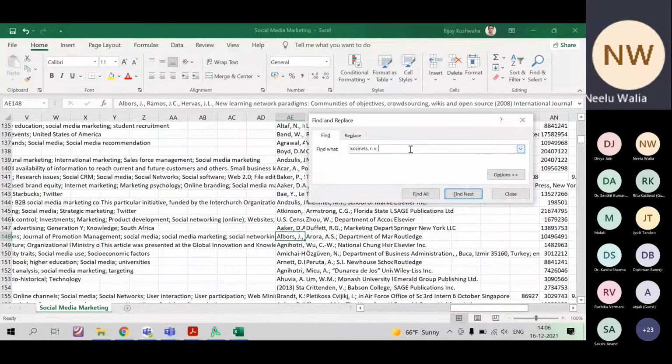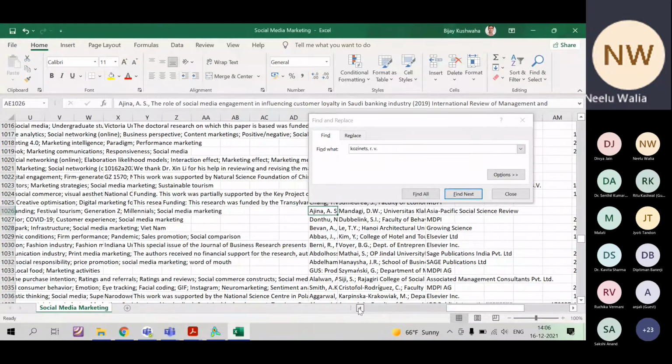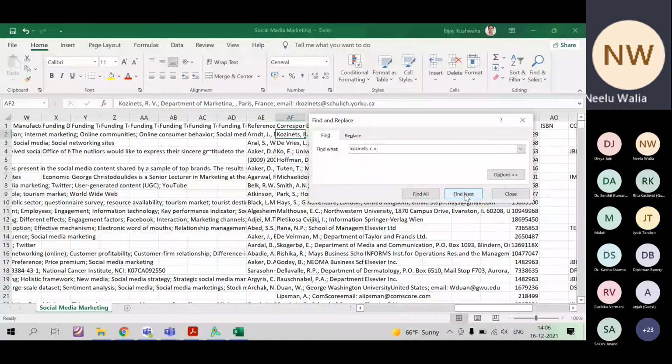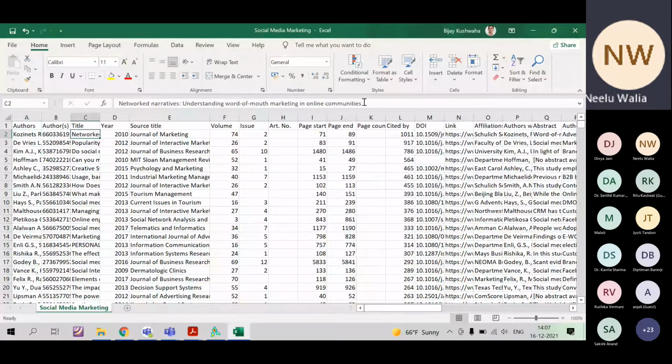Okay. If you mention this 2010, it may not give us the result. This is a manual task. You have to do it. This is a complete manual task, and that's why I call it labor work. Let me select this, and search directly in this only. Yeah, in the first itself it is coming. This is Kozinets R.V. The paper title, now we can find it from here. This is the title. You can copy it and prepare it.